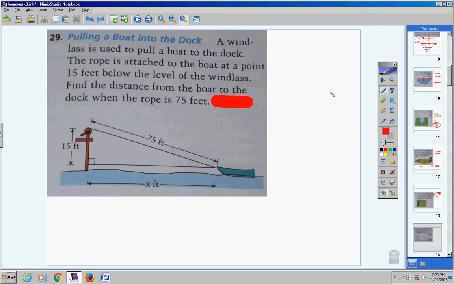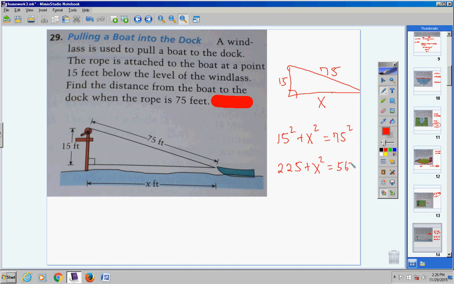I'm going to go ahead and draw that triangle on a little smaller scale over here. The height here is 15. The length of the hypotenuse, or the rope, is 75. And we're looking for this length right here. So square one of your legs, that's 15 squared. Square your other leg, that's x squared. Square your hypotenuse. Now 15 squared is going to give you 225. X squared just stays x squared. 75 squared is going to give you